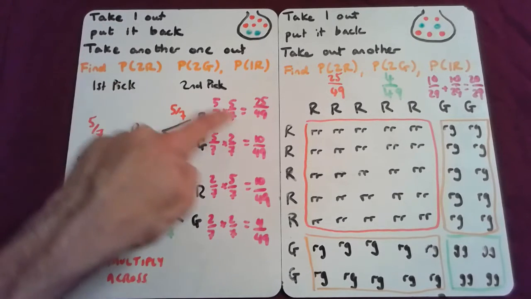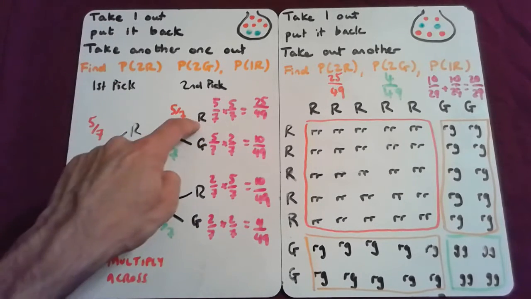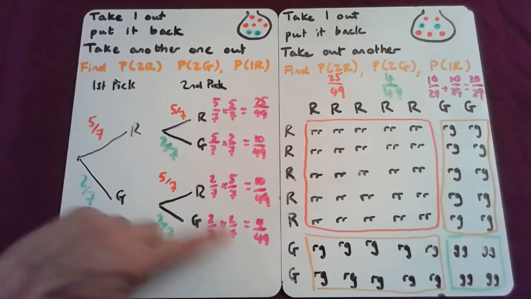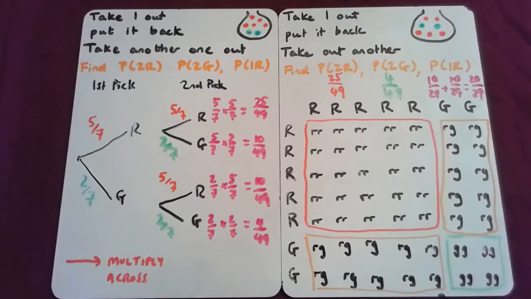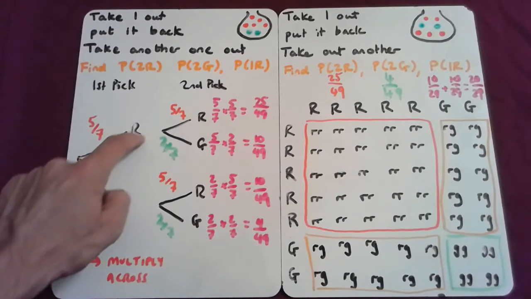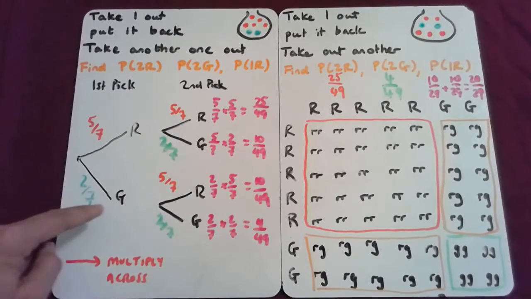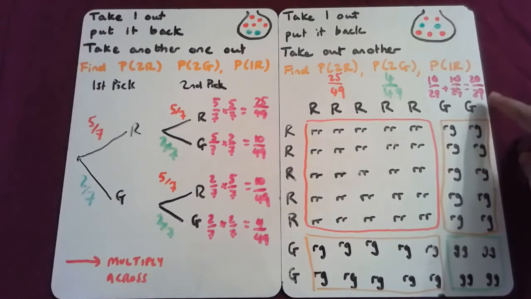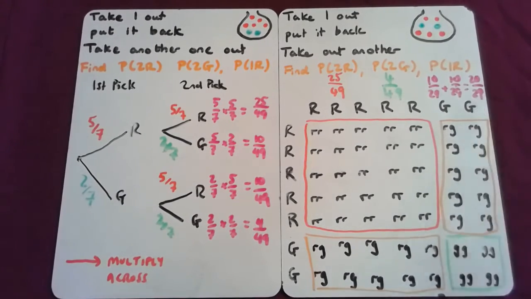Probability of getting 2 reds was 25 out of 49, red then red. Probability of getting 2 greens was green then green, 4 out of 49, as we saw over here. And then the probability of getting 1 red could either be red and green, which is 10 out of 49, or green and red, which is also 10 out of 49, which collectively made our 20 out of 49. So when we look at this scenario, if I tweak this question just a touch,